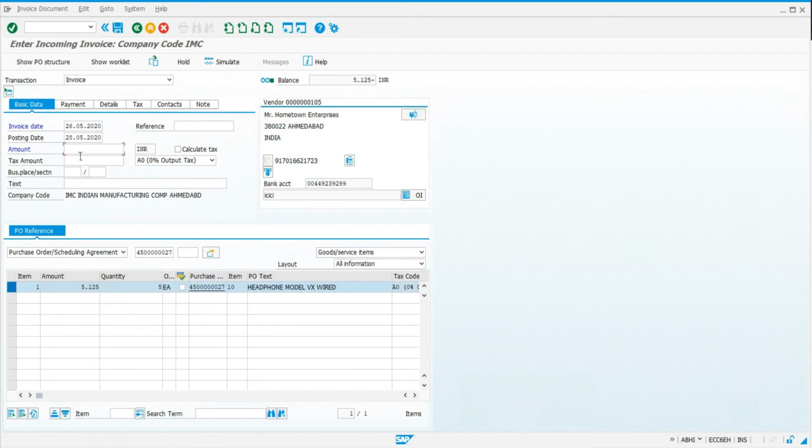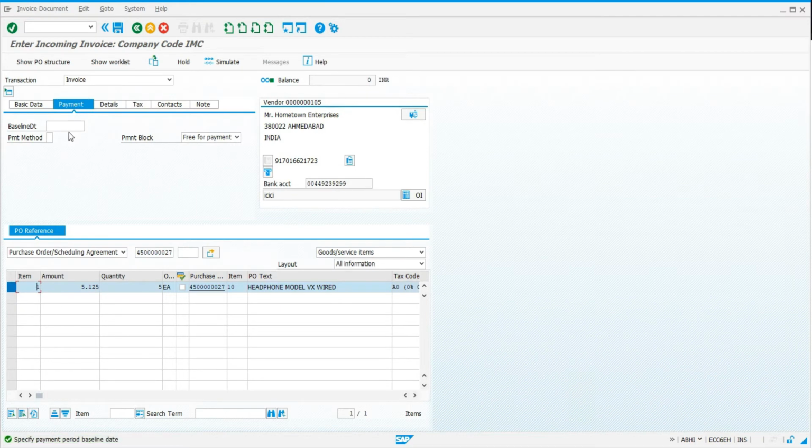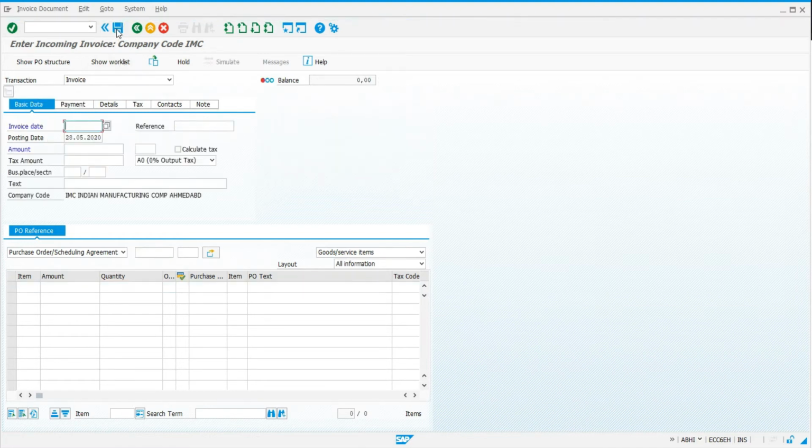So we will enter 5125, hit enter. It is asking us the baseline date, again 31st, and the payment method is bank transfer. You can see over here the balance is 0 and it is showing can be posted. Now we save this, and you can see one more document is created.